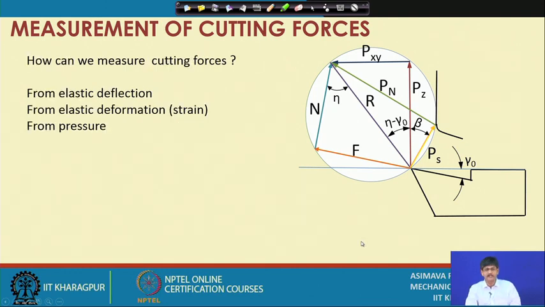How can we measure cutting forces? Cutting forces can be measured from elastic deflection. Now, what do we mean by that? We mean that if under the action of cutting forces this tool deflects,